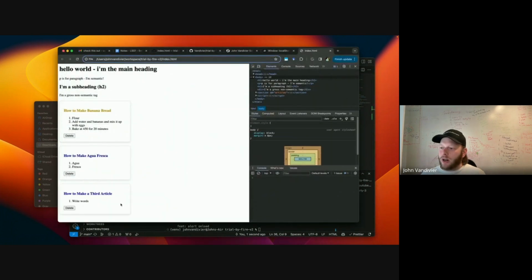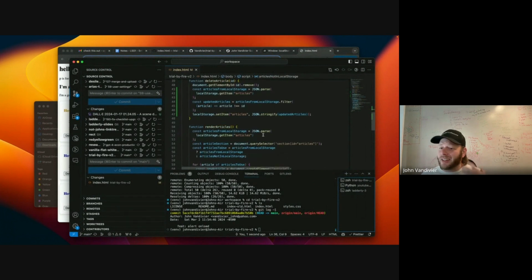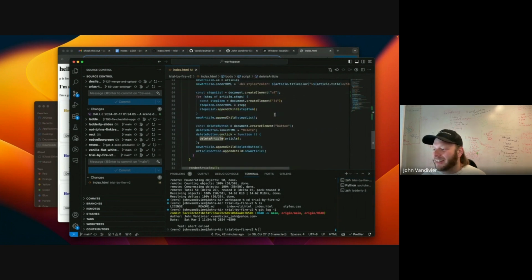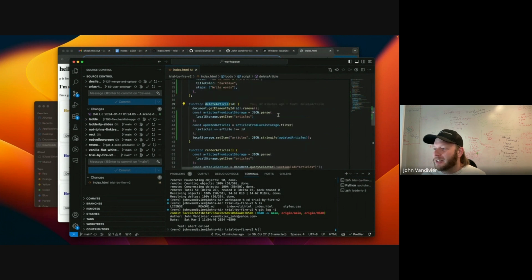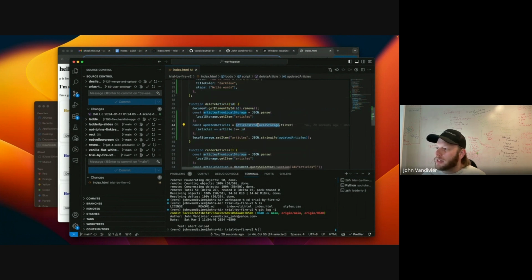Okay, so here I have 3 articles, and we're going to be able to delete them down to 0. And then ideally, I have a clear local storage button because otherwise the user just can't see articles anymore after that. But that will conclude the demo, I think. It might already work. Let's see. I feel like I'm forgetting a step. Oh, this is the step that's wrong.